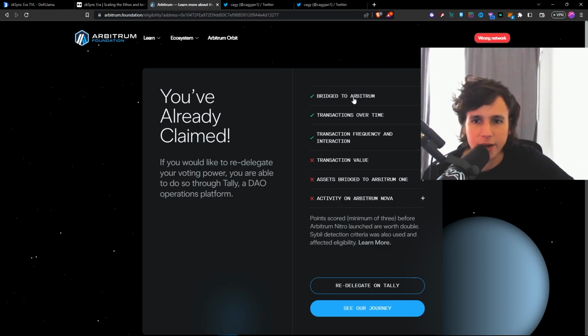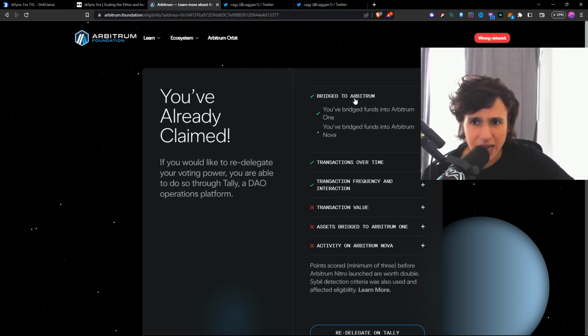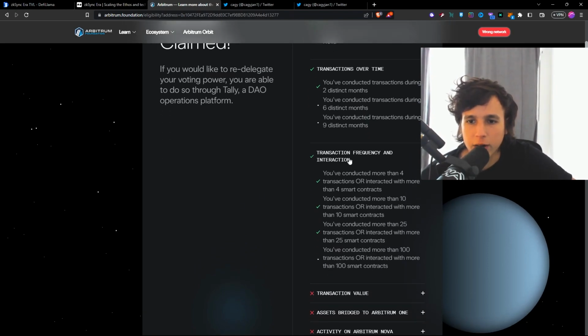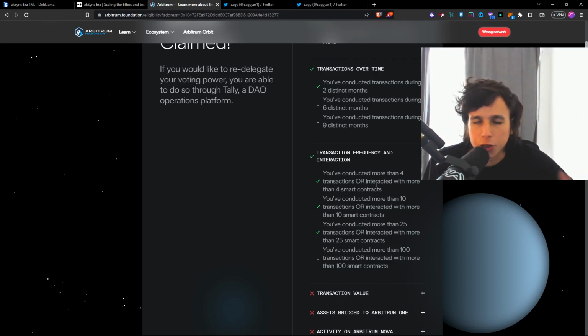In this wallet right here, I actually didn't hit every single point. As you can see, if I bridged money into Arbitrum, I got a check mark. If I made transactions during 2 distinct months, I get a check mark. If I were to do 6 months, I would have gotten a check mark, and if I would have done 9 months, I would have gotten a check mark. Right here as well, the frequency of the transactions: you have conducted more than 4 transactions with more than 4 smart contracts. The more smart contracts you interact with, the higher the chance for you to be able